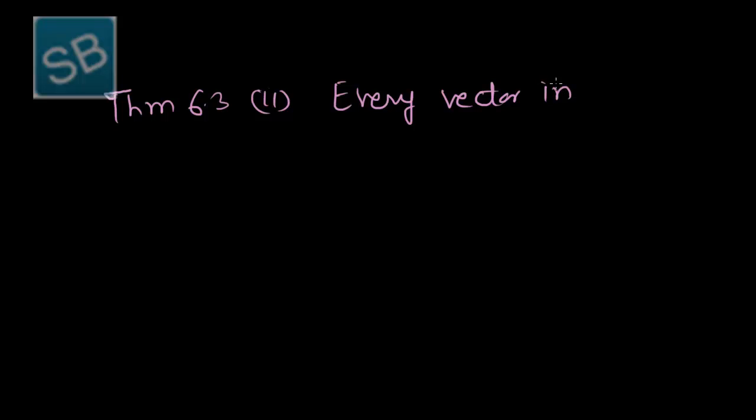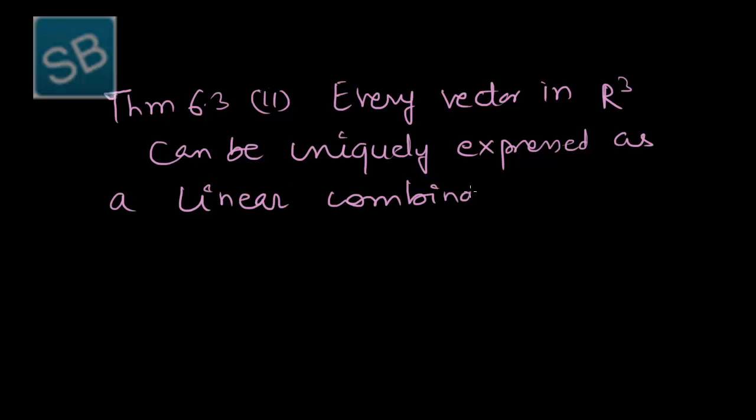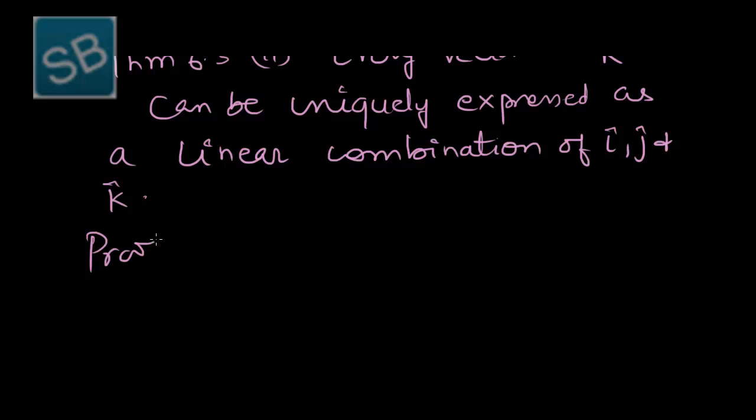Theorem 6.3, second part. Every vector in R cube can be uniquely expressed as a linear combination of vector i, vector j and vector k, as we did in the case of the R square system. So the proof is,